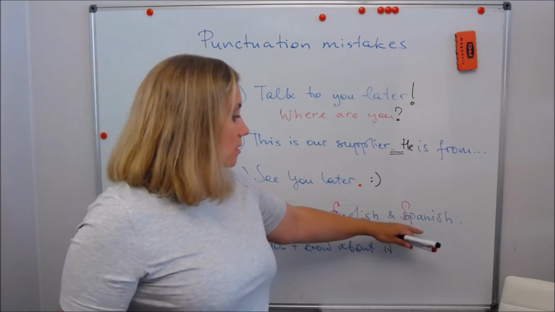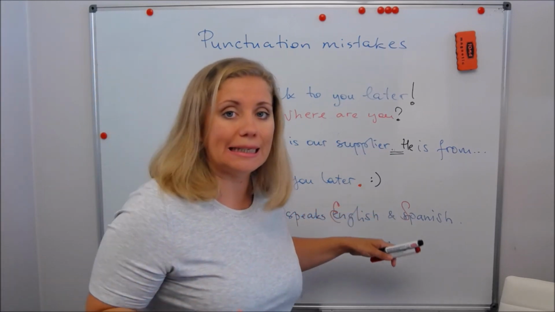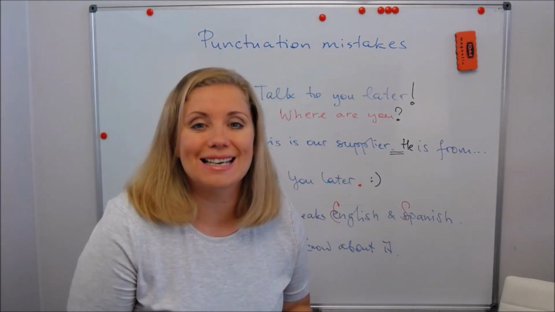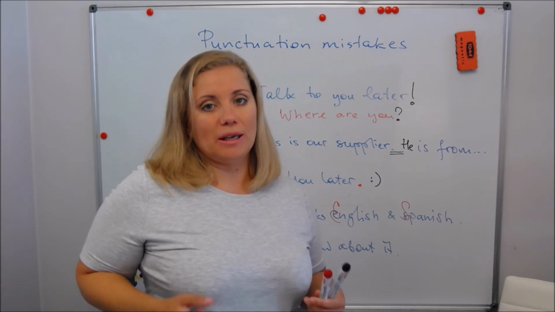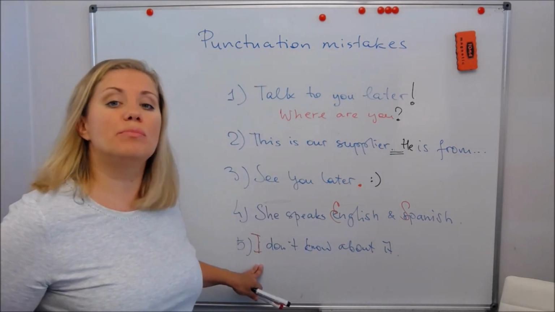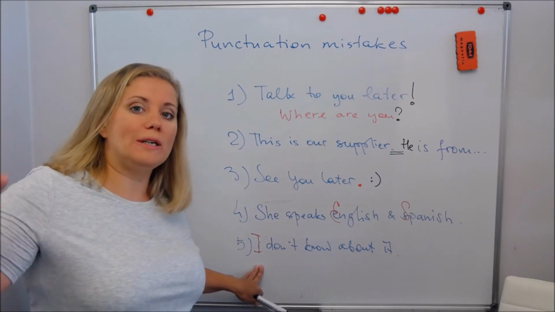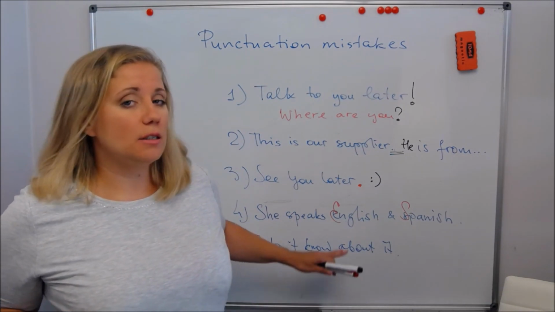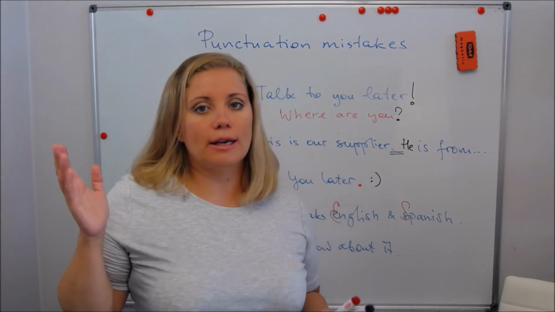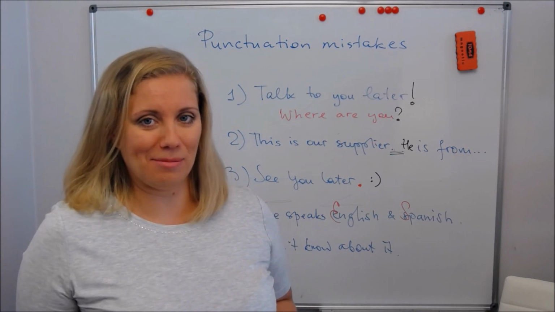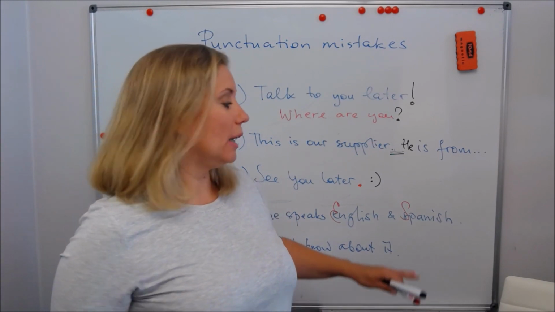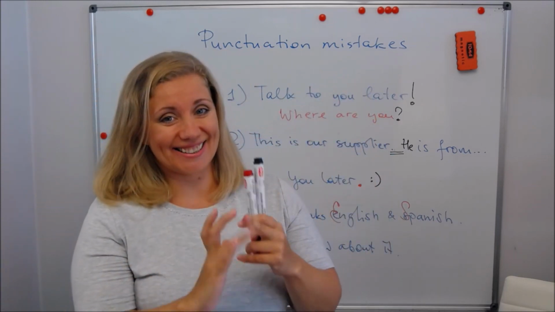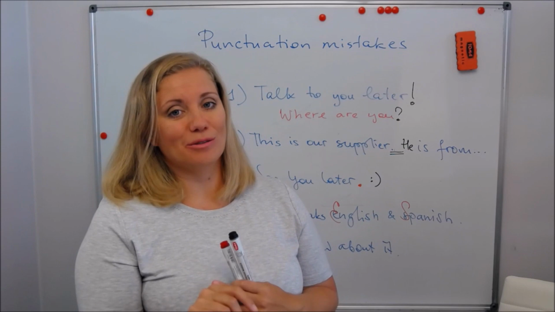Then always write languages, nations and countries, days of the week and months with a big letter, as well as the pronoun I, which is always one big capital letter. And for God's sake, guys, it's not so much. In German, you have to write all the nouns with a capital letter. This is more work. Here in English, it's only I, languages, nations, countries, days of the week and months.